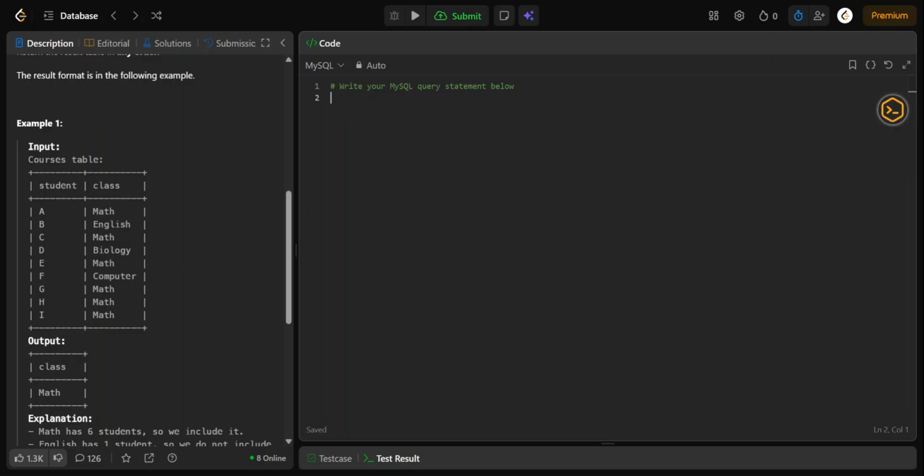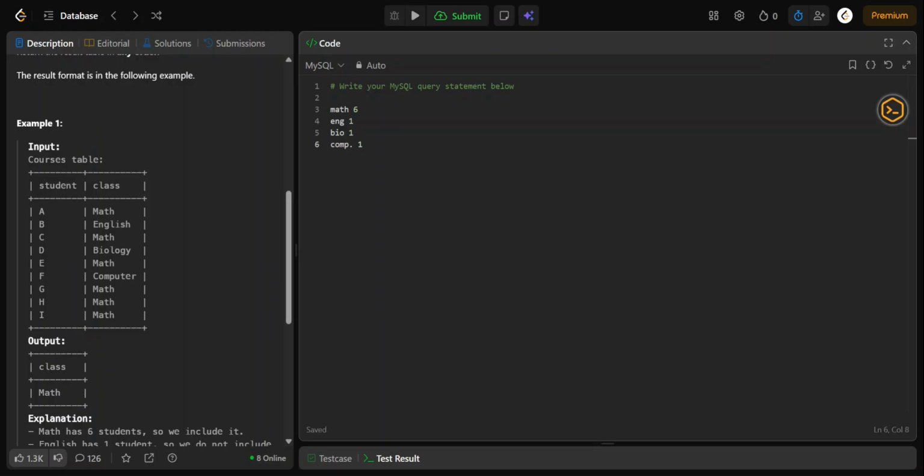And counting students means the result becomes: math will be 6 count, English becomes 1, biology becomes 1, and computer also 1.